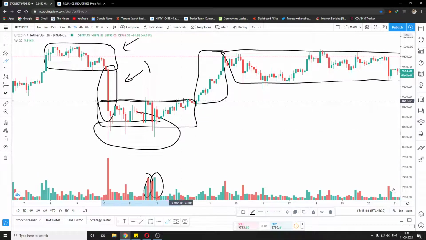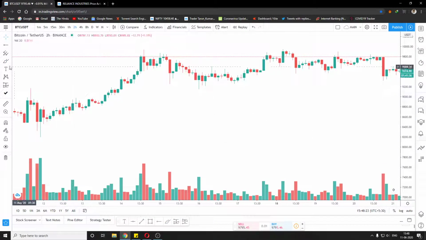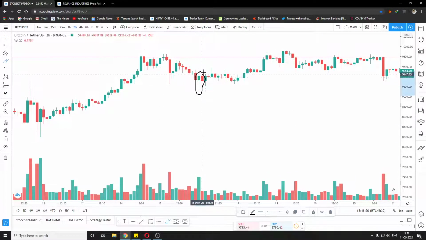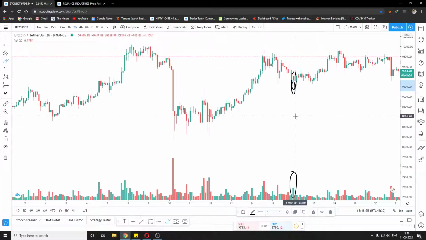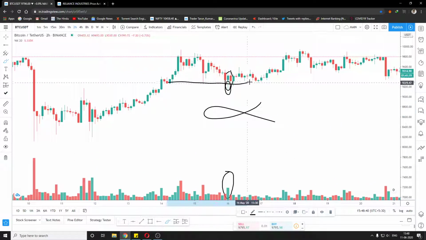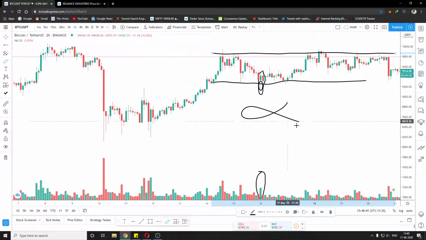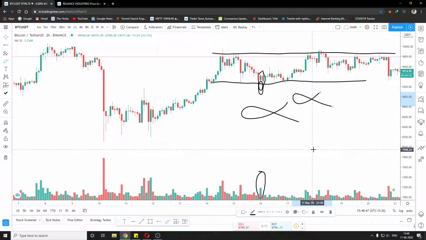So this gives an idea of what is going to happen. Then we should identify support and resistance, and after the break of the resistance we enter the trade. We do not enter directly. For example, let's talk about this candle. This is represented by a huge volume and also by a good lower wick. Now we do not buy at this level because there is no support and resistance. Maybe there is a support here and the resistance at the top. So we can only buy at the breakout. We do not buy at random levels.